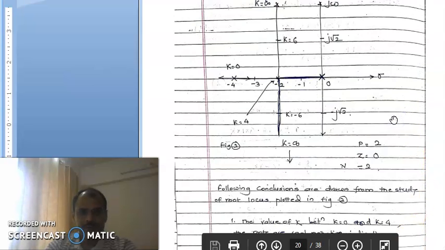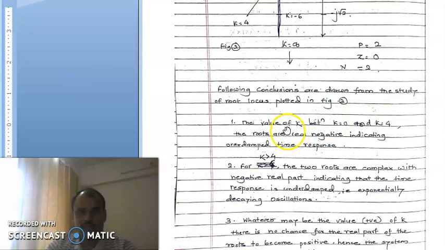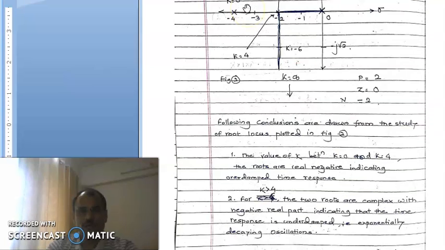So using time domain analysis, when the value of k is between 0 to 4, then we have real roots. The roots are lying on a real omega axis, of course in the left half, so system is stable, but